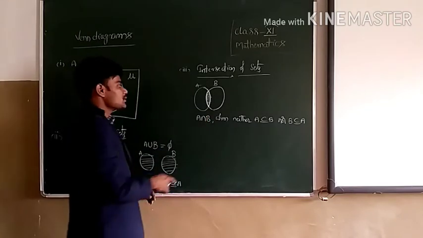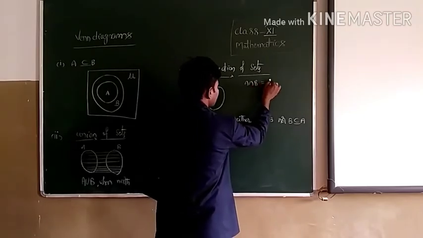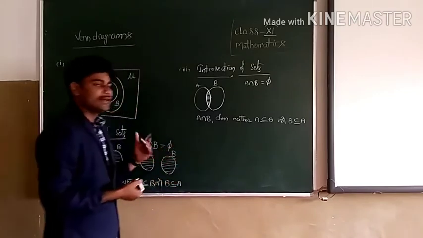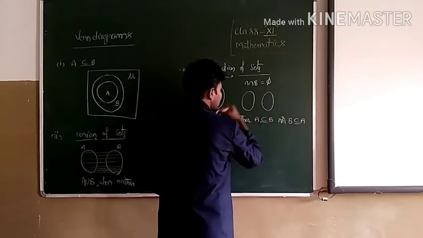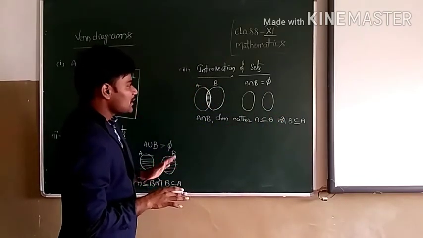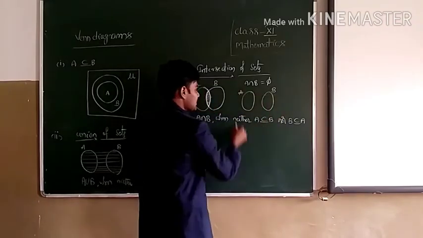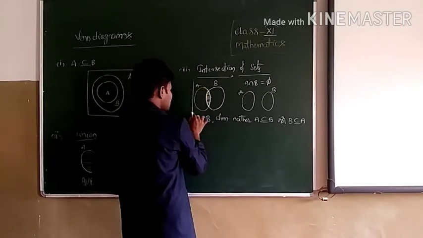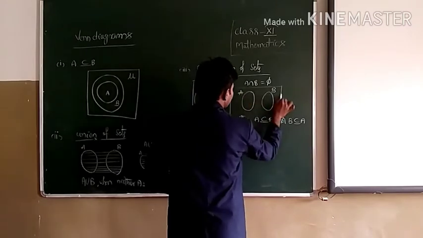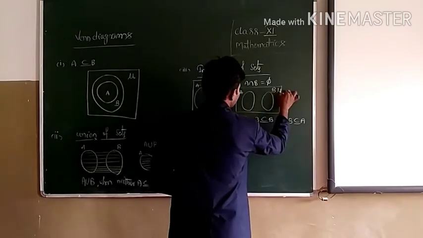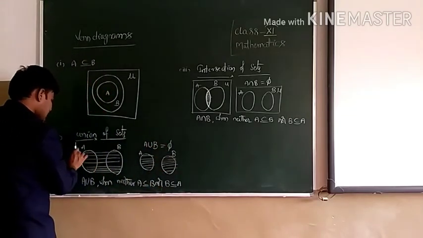So another case here is if A intersection B is equal to pi. For this let's see how we can draw the Venn diagram. So this is A, this is B. There is no common part, there is no shaded part here. Just we can leave it like this, A and B. That's it. We can identify this in a universal set. For every Venn diagram we can draw like this, because the universal set contains elements of all other sets, right? So we can represent this also with the mu.